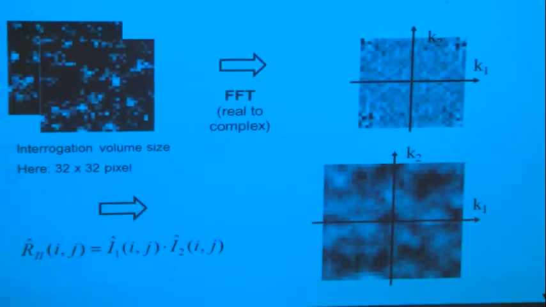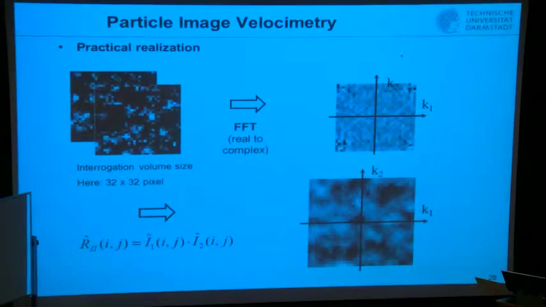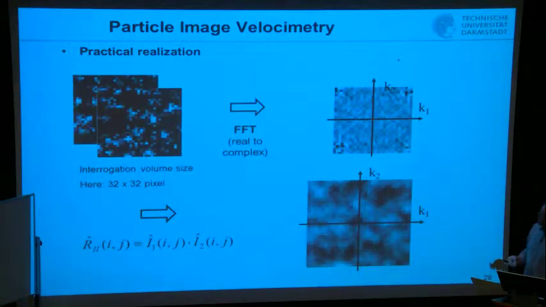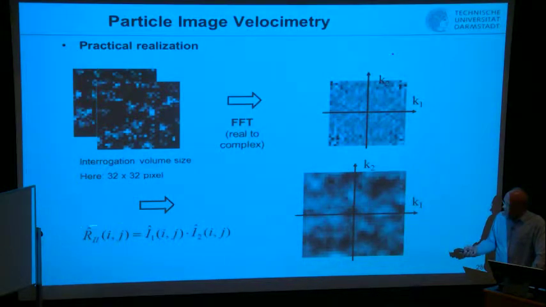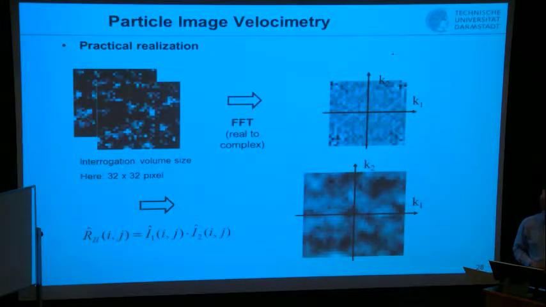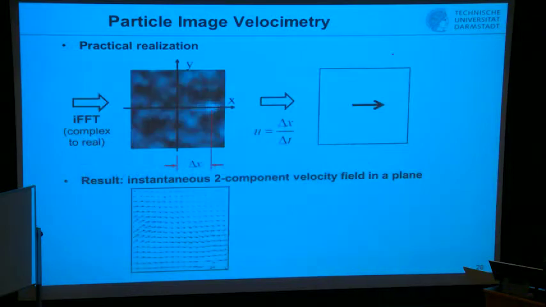In practice, because of computational time, it is done after a Fourier transform. So it's not done in the physical space, but after transformation in the wave number space. The only reason is that the cross correlation in the Fourier space is simply a multiplication of these Fourier transformed images. And that means that you now have your cross correlation plane in wave number space. Of course, that is not the end. You have to go back to physical space, and what you do is an inverse Fourier transform, where you go back into the